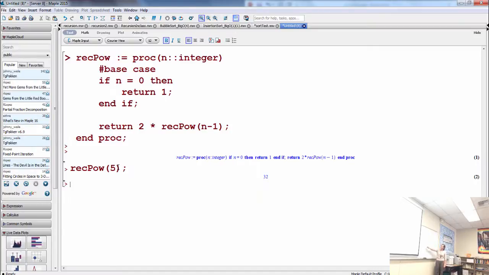And this recursive call would be n equals 2. And then this recursive call would be n equals 1. And what does he return when n equals 1? Or not when n equals 1, n equals 0. Yeah, he returns a 1. So you can see it kind of moving back up. Okay? So that's another way that you can write him out. Because it'll be 2 times recursive call, 2 times recursive call, 2 times recursive call, but this is n equals 0. And then you can move back up.